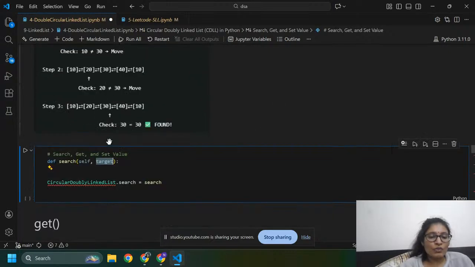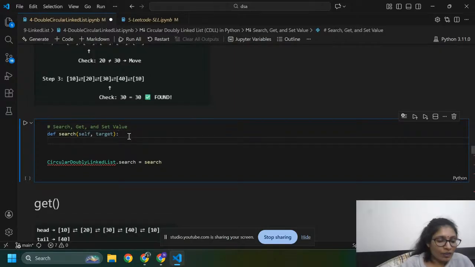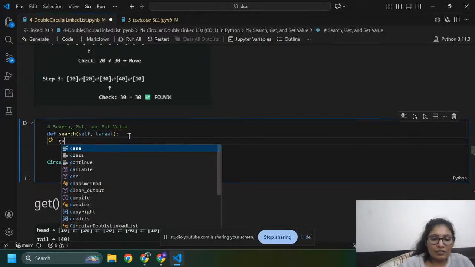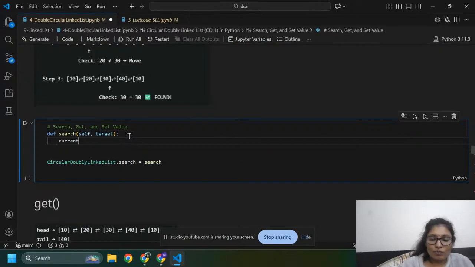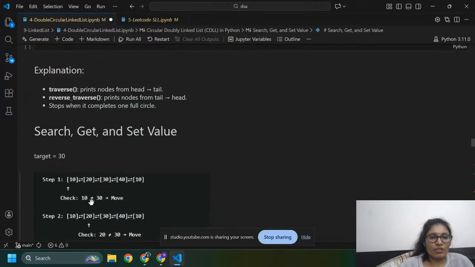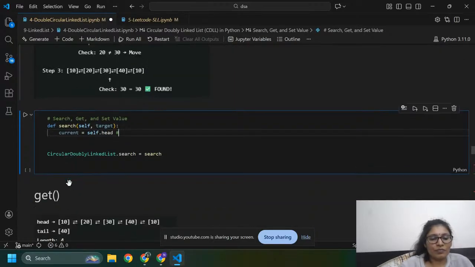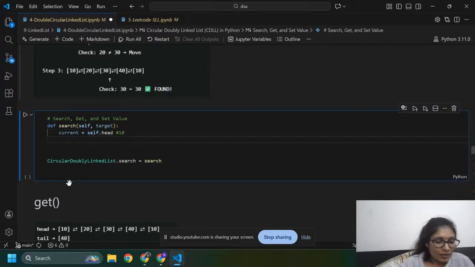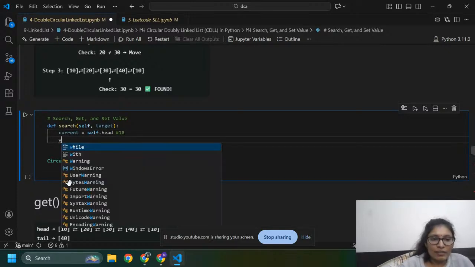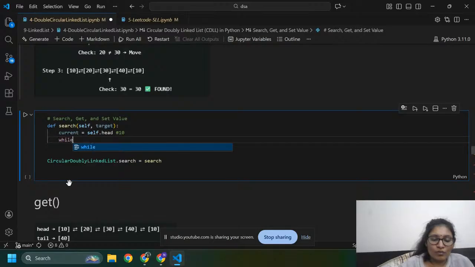Okay, so here I'm going to create current. Current equals to self dot head. Current equals to self dot head means first element. What is the first element of our linked list? That is 10, head. Now I have element current, so I'm going to use loop. So while current,